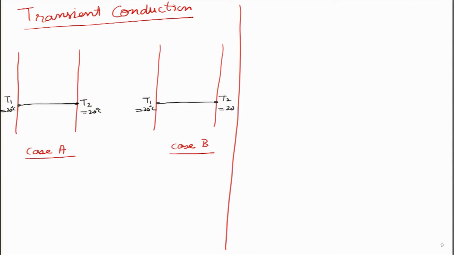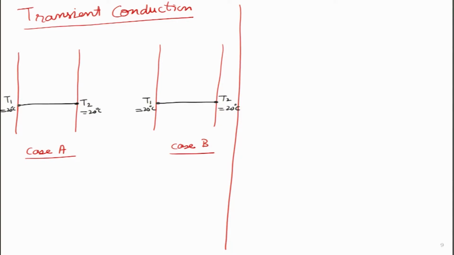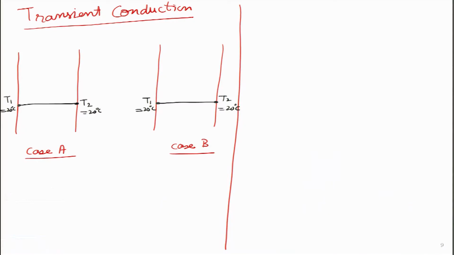That will tell us about the importance of studying transient analysis. So, let us say initially we have a wall which is throughout very cold. So, by our summer standards we say that throughout the wall is 20 degrees on both sides, and the whole material is at 20 degrees. So, everywhere it is 20 degrees. Then what we are going to do is, on the right hand side we are going to heat it with hot air, and simultaneously we will heat it with hot air on the left hand side as well. So let's proceed to do that.